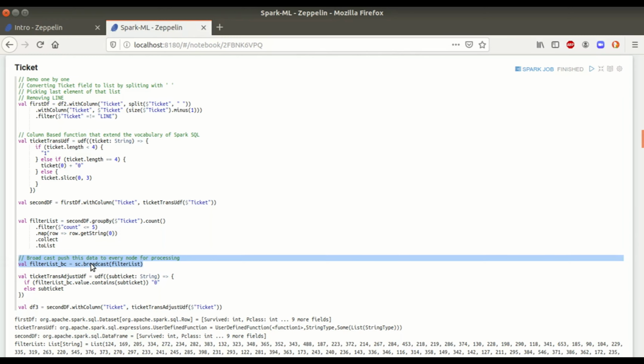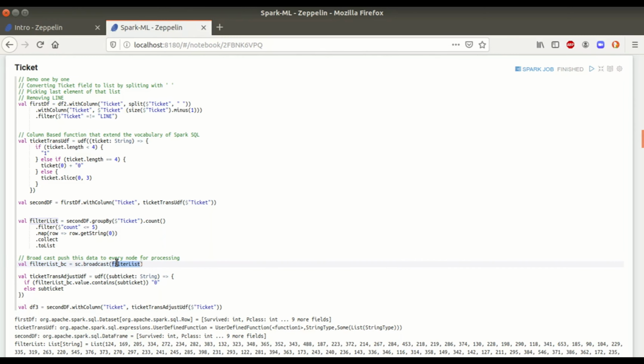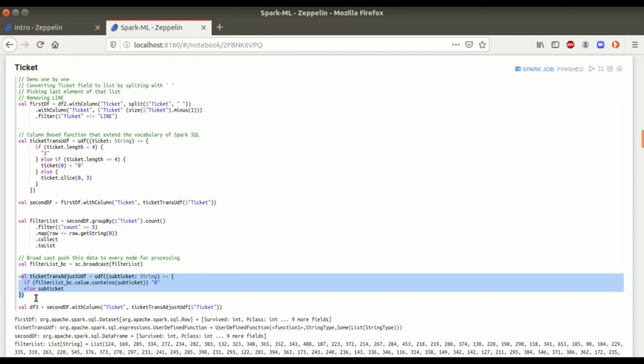Rather than doing that, we simply migrate this particular data, the filter list, to all the distributed clusters. It will be pushed to each and every node of my Spark setup, and then this function will be applied. This concept of broadcast is not specific to ML, but is in general used in Spark for efficient data processing.